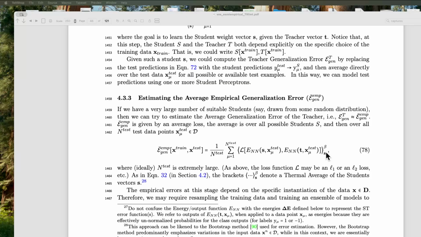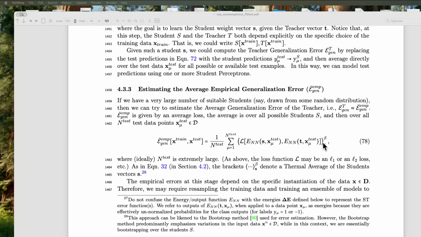And this bracket should be a thermal average. You shouldn't just do a naive average over the students. What you should do is average over the students in such a way that you weight the average based on how close you think the student is to the teacher. That's the idea of statistical mechanics. Instead of taking this average on the outside, this bracket S, it could be just a simple average in the high temperature, but technically you want to do a thermal average. And what happens in the high temperature limit is that the thermal average simplifies greatly. This is not explained properly in this section, but the idea is